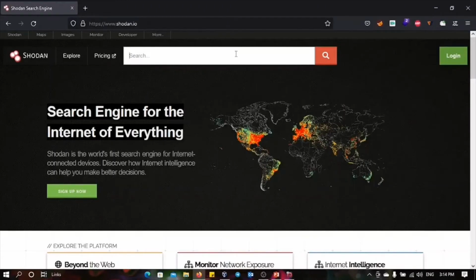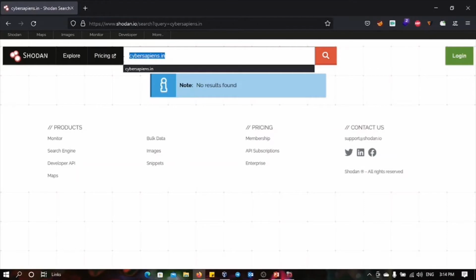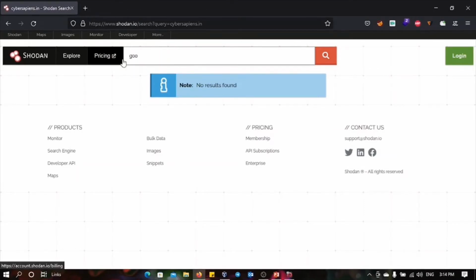Simply enter the target name and you can see the search results. In the results, we can find open ports and IP addresses which can be used in reconnaissance and footprinting. I will take Cyber Sapiens as the example. Here you can see the results are not found. So if I give google.com,